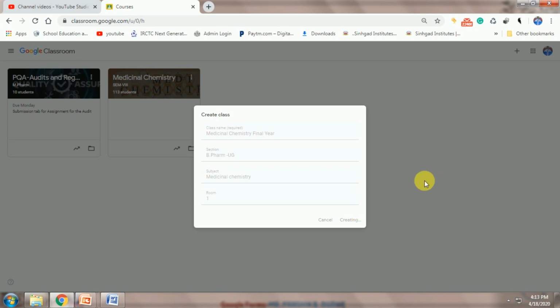After creating a Google class, you can share the login details with the individual students.